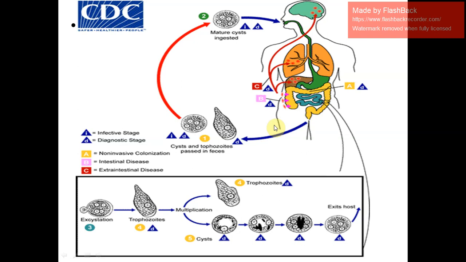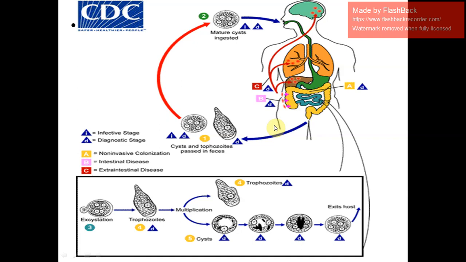So under the favorable conditions for the amoeba, meaning during the low immunity status of the patient, the amoeba will multiply and develop into the trophozoites. These trophozoites are the invasive forms of amoeba, and if the amoeba is not treated at this stage, then what will happen? That amoeba will migrate to the